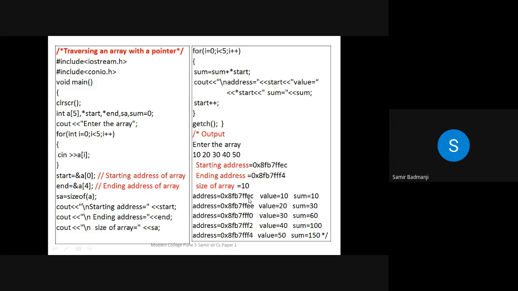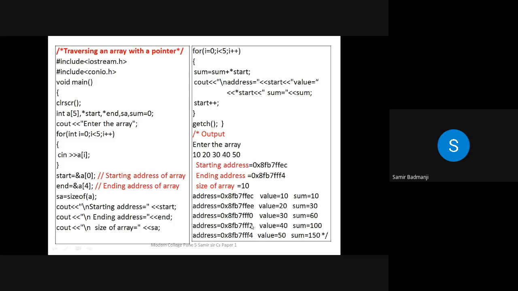Because for storing an integer number, we require 2 bytes in memory. So after C, D will be skipped and on E it will be stored. Similarly, see after E, what is the next letter? F. After F, there is no G because in hexadecimal numbers it goes from 0 to F. After the F, again it starts from 0. So see, it is 0.